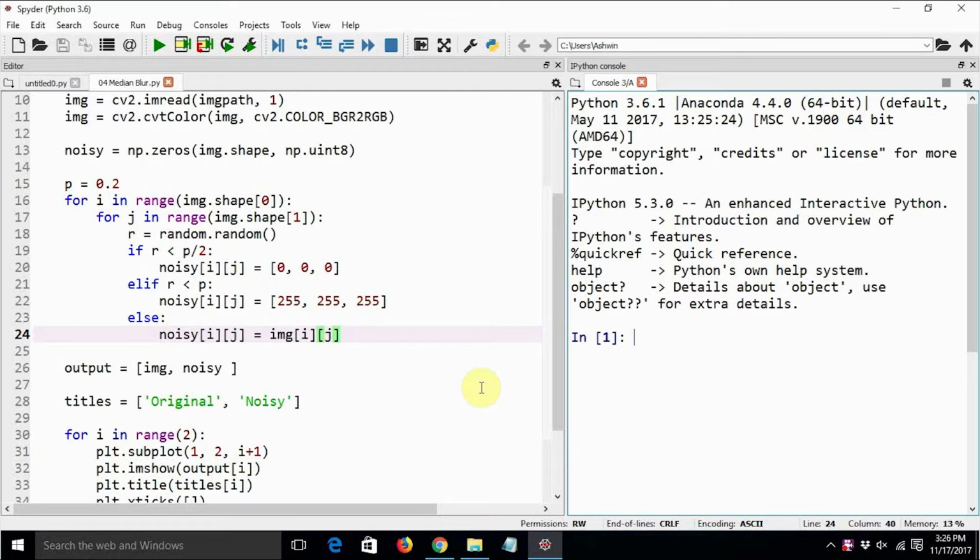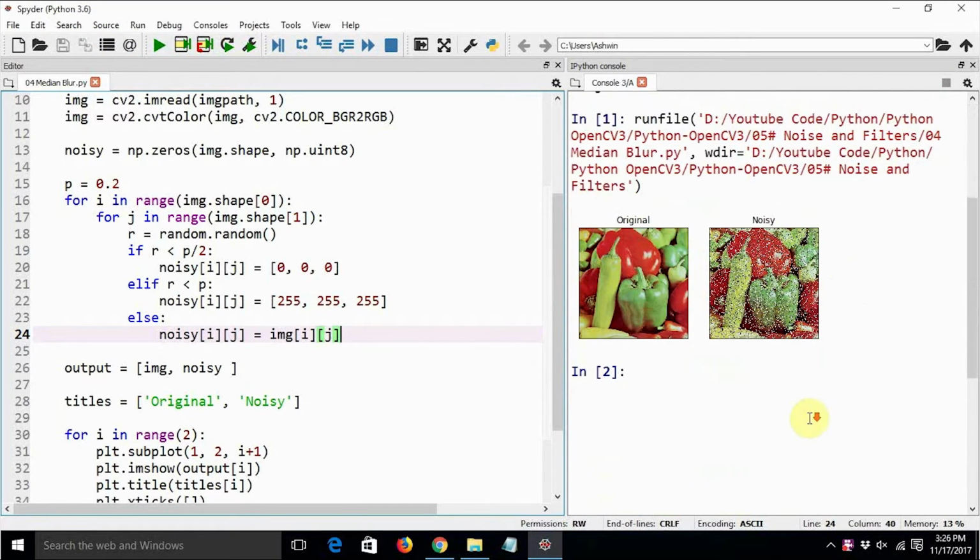This is going to be a very short tutorial. The code that we are going to see is mostly a repetition of the code that we have seen for creating the salt and pepper noise. This is exactly the same code which we saw while creating the salt and pepper noise, but the only difference is that we are applying it on a different image. So let's execute this code, and this is the output.